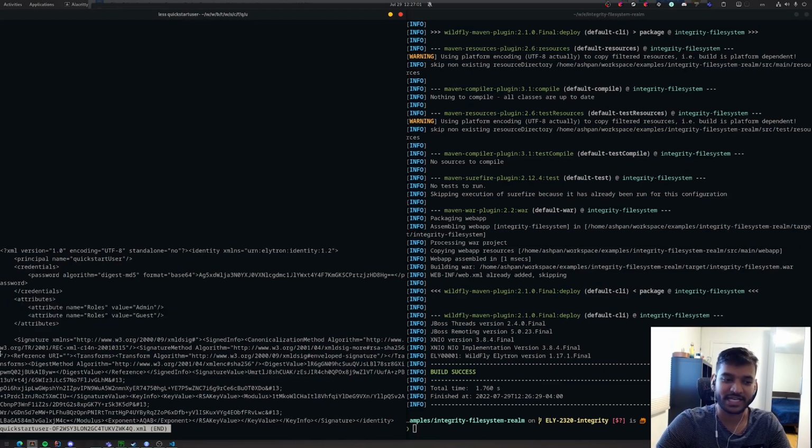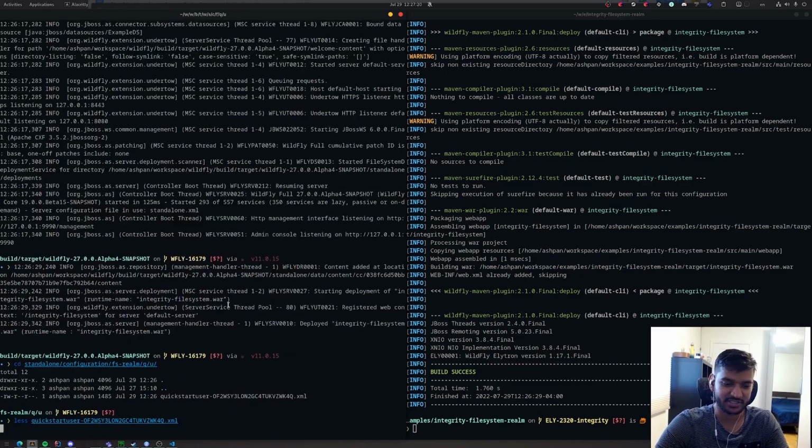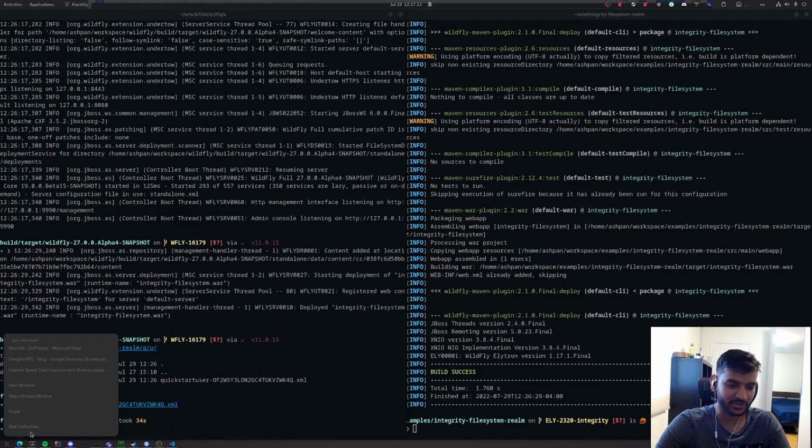But along with that, now we also have a signature tag here, as you can see. This signature tag is unique to this data in this file and is generated using our public-private key pair as well as all the data in the file. So if this signature was modified without the actual contents being modified correctly, then this file would be invalid. So now let's go ahead and take a look at our